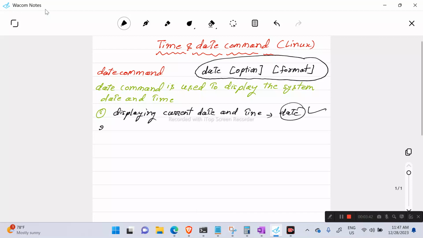Okay. And second would be custom date and time formatting. Just as an example, I'm adding, suppose you want to see custom date information, like if I go to the terminal,